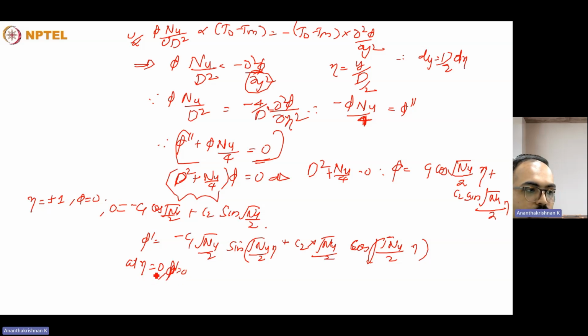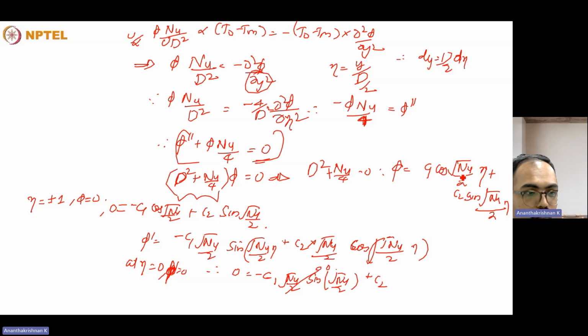Eta equal to 0 is y equal to 0. That is the middle point. So what we could see is that the temperature profile will be attaining a uniform value, or due to the symmetry condition, we can say that the variation of the dimensionless temperature profile with respect to the center line will be equal to 0. So substituting eta equal to 0 and phi dash equal to 0, we get 0 is equal to minus c1 root of Nu by 2 sine 0, and sine 0 is 0. So the first term is equal to 0